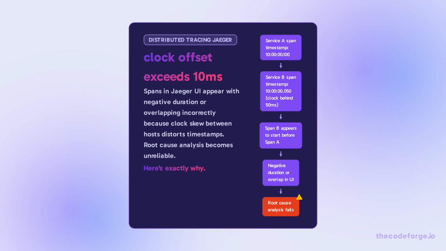Spans in Jaeger UI showing negative duration or overlapping incorrectly? That's clock skew. When servers' clocks drift by more than 10 ms, span timestamps become unreliable, breaking your root cause